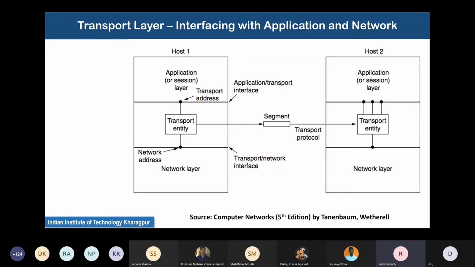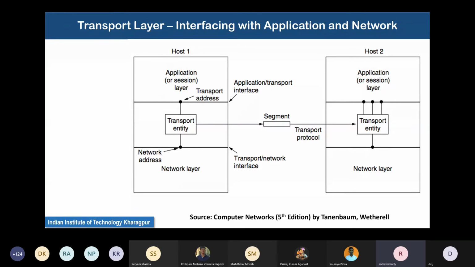Now, there are addresses that this transport entity uses as its identifier for the application, and these addresses are called ports, which we have seen earlier. Some server applications use fixed ports, like we have discussed: FTP uses 20, 21, HTTP uses 80, etc.